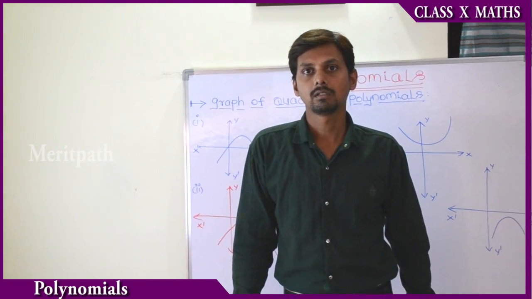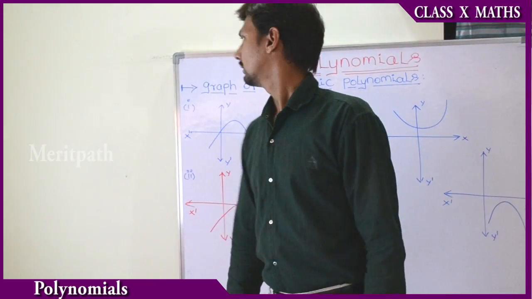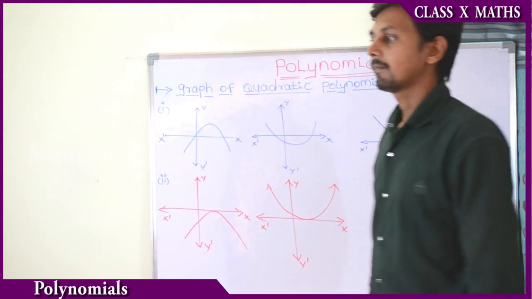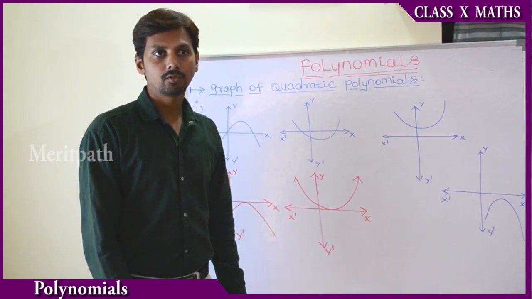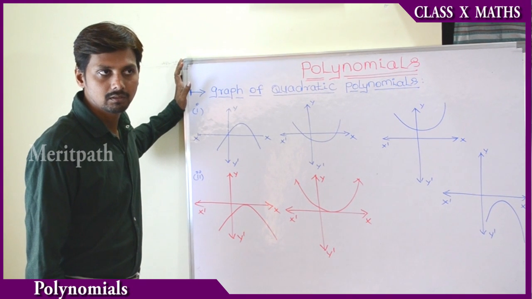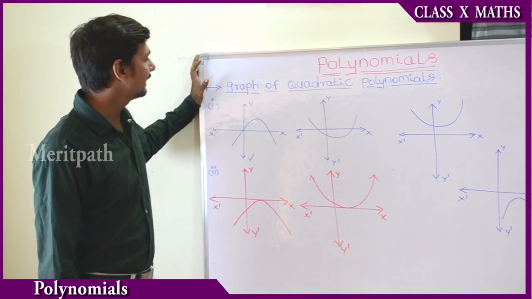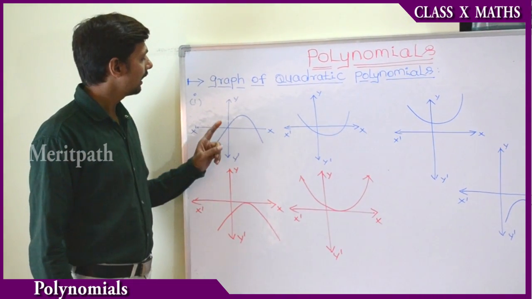Find out the graph of a polynomial. Now we will find out the graph of a quadratic polynomial. How will it be? Let us know now. So, after drawing the graph on the coordinate axis, we will get this kind of curve, and it is